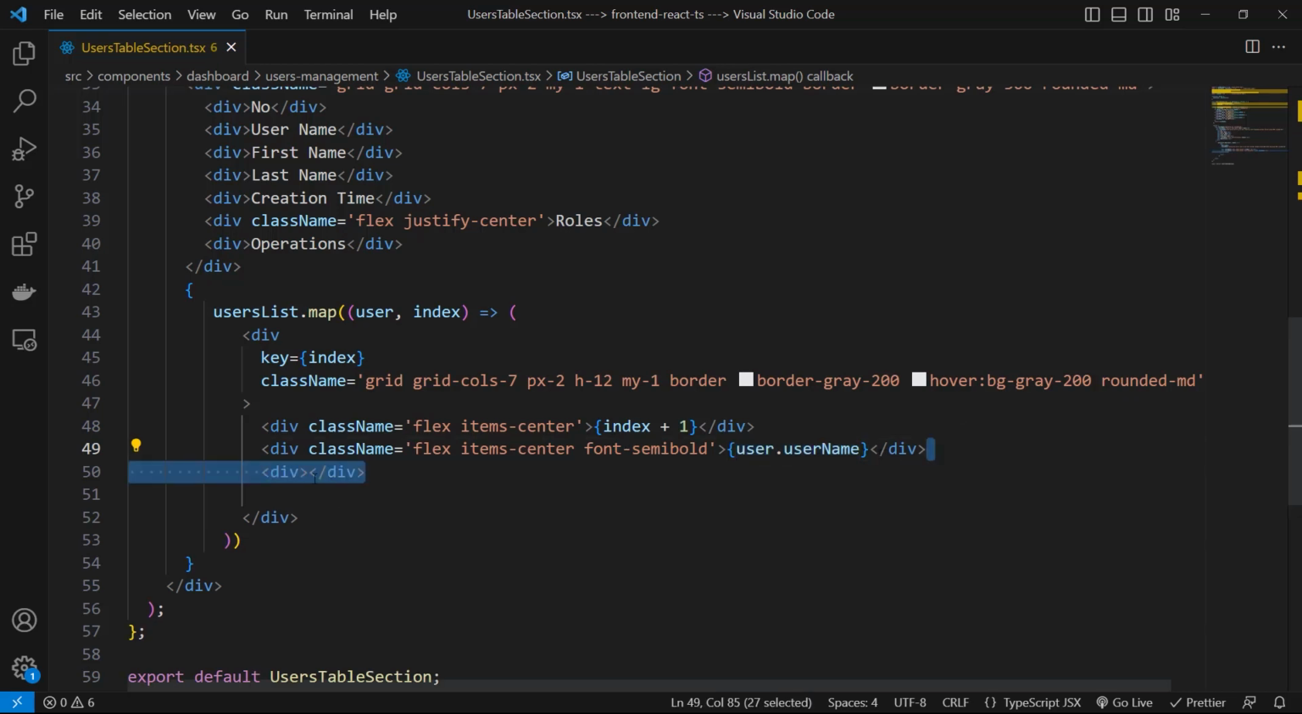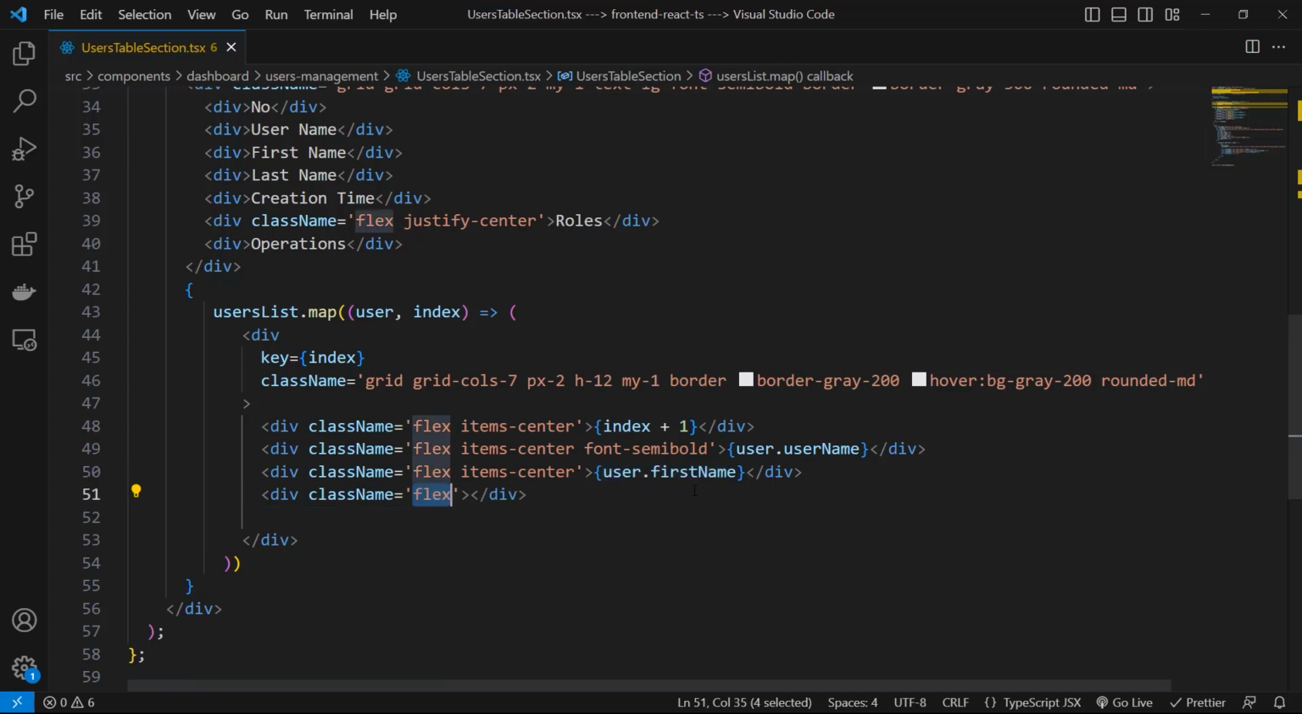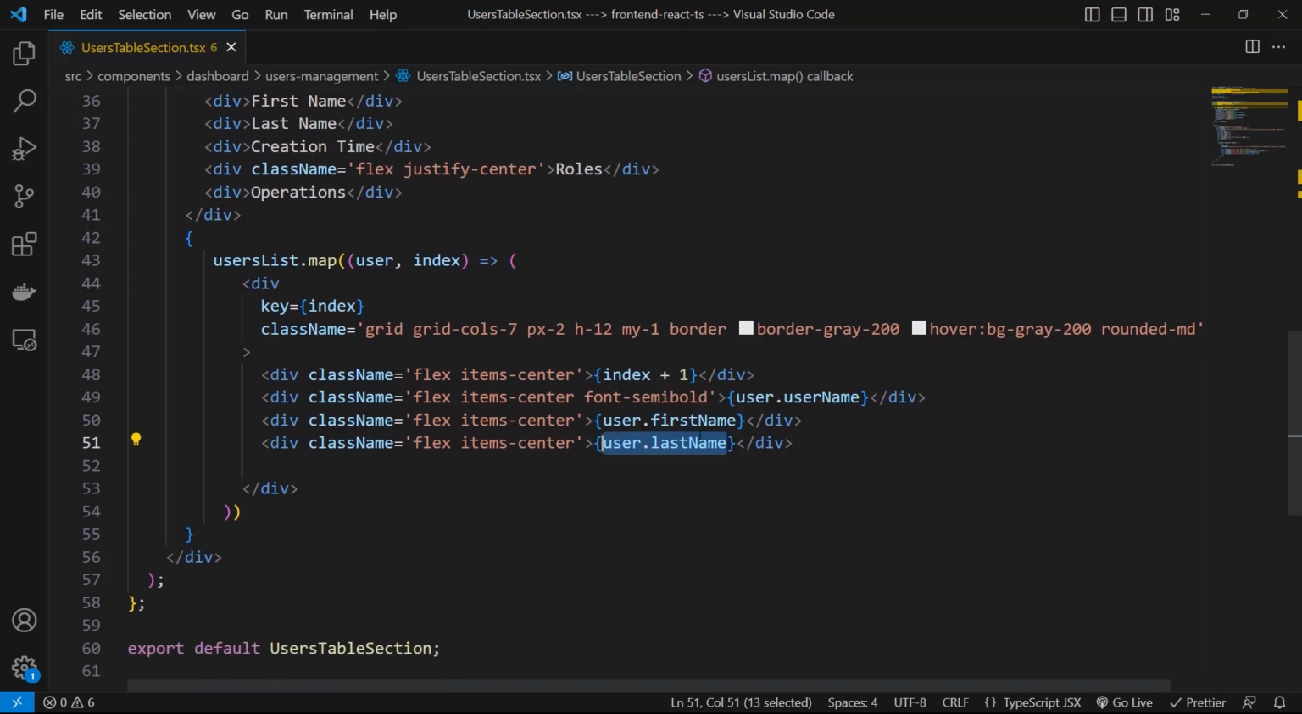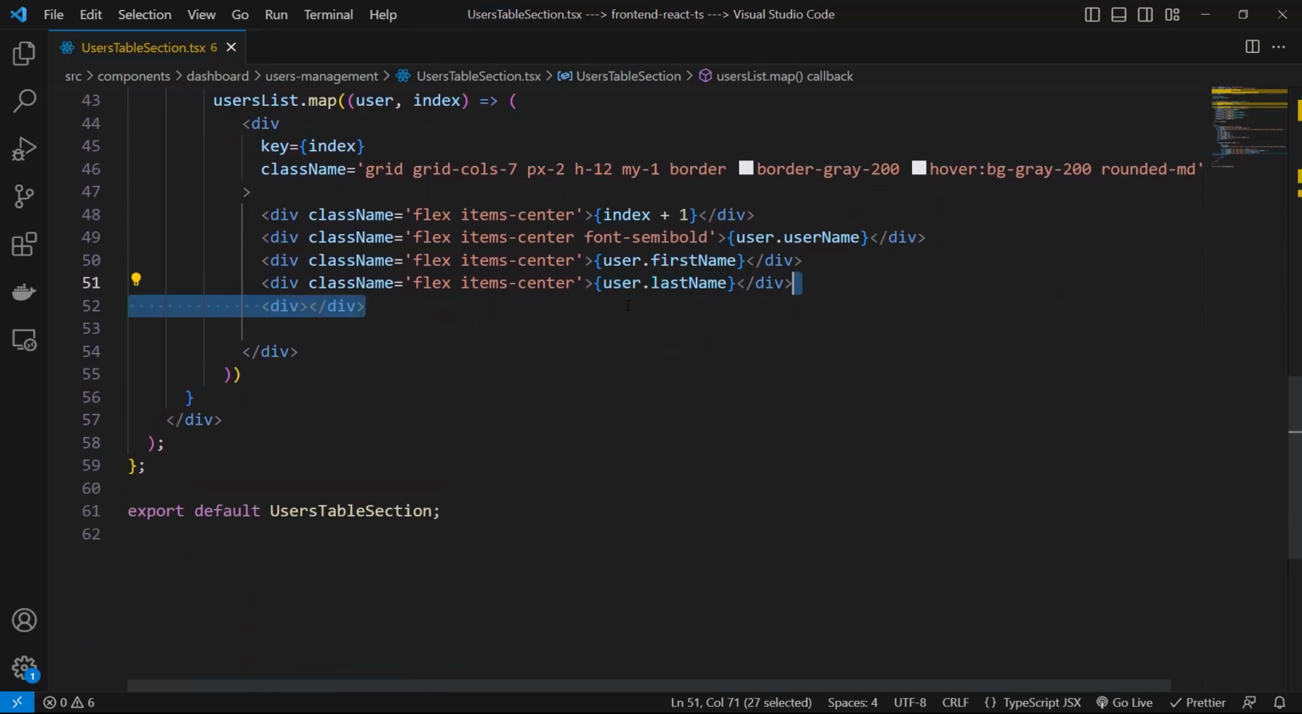And after that, let's have another division with the class names of flex and also items of center. And we use user.firstname. And after that, again, let's have the same class names. And we use user.lastname. And after that, let's have another division with the class names of, again, flex and items of center. And for this one, I want to use the moment of